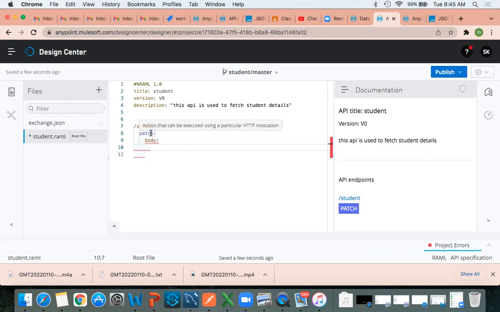Still, I did not explain properly which method you have to use. This is just your basic classes. So first you just learn how to build an API. In coming classes, we can see which method we need to use. That depends upon the requirement. Or else what I'll do, I'll write the post method.